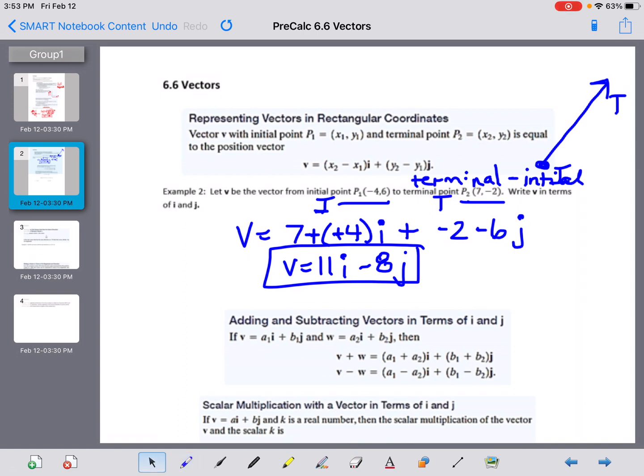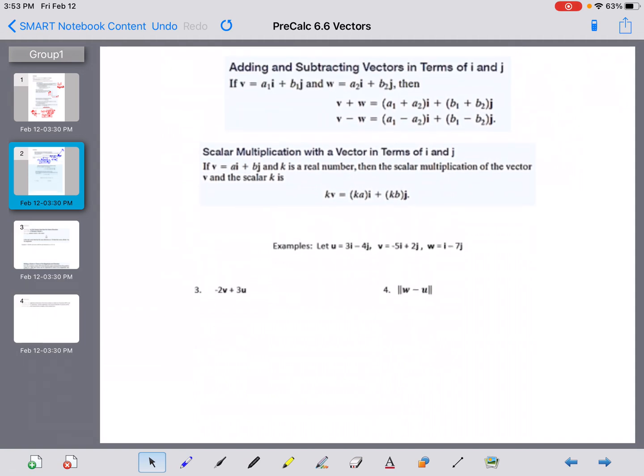All right, adding and subtracting vectors. Again, we did this in geometry. We didn't use the same symbols and such, but the math involved is the same. When you're adding vectors, you add the horizontal components and you add the vertical components. Or if you're subtracting vectors, you subtract the horizontal components and you subtract the vertical components. That's what you do. You don't mix horizontal and vertical together, so you're careful on that. And then a scalar multiplication says if you have this scalar multiplication on the outside, everything in the vector gets